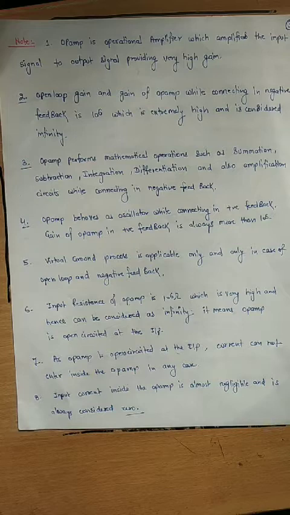Those are very necessary. First point was that for open loop and for the negative feedback amplifier, the gain of op-amp is extremely high. That much high that it can be considered as infinite. And because we can consider it as infinite, the virtual ground process is applicable. If virtual ground process is applicable, it means voltage at both the terminals V1 and V2 is equal.